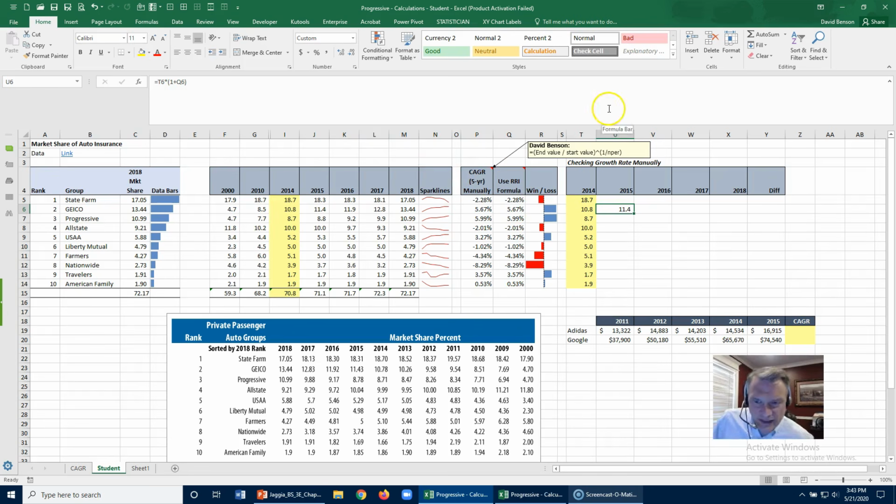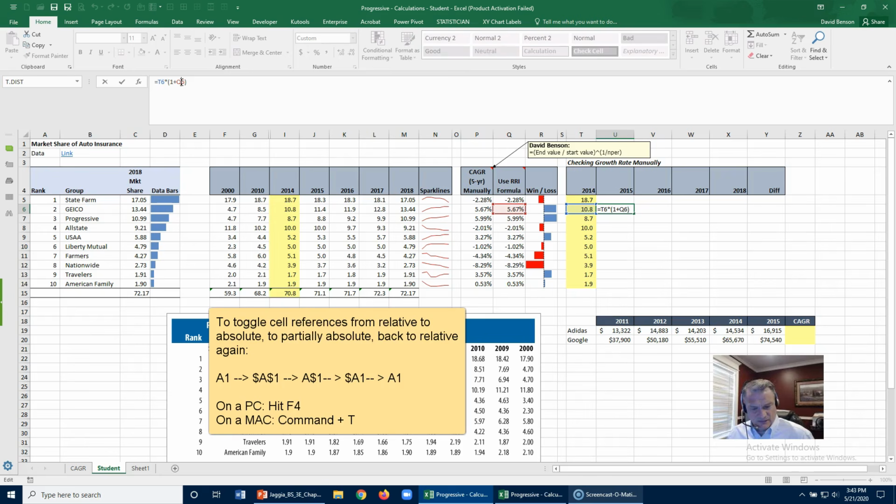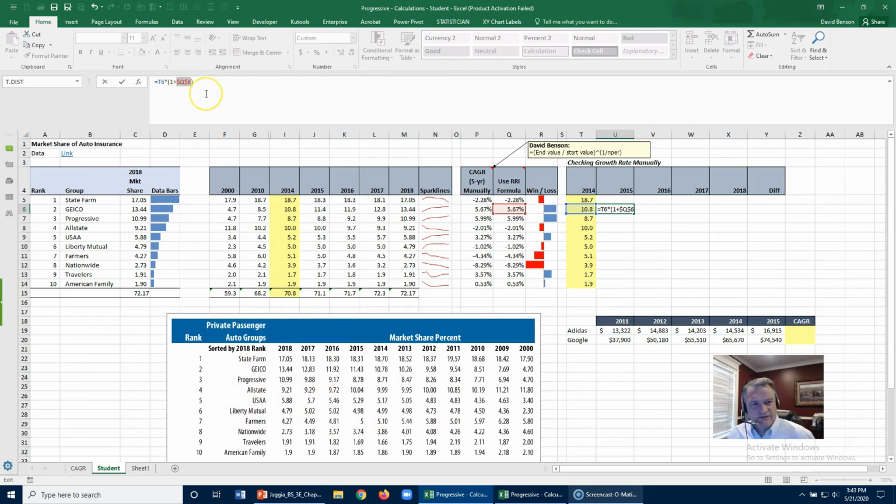Now, I'm going to use this by doing the absolute value, so I'm going to keep hitting F4. I want it to stay in column Q, but I want to be able to move it up and down for each of them, so different rows. So I'm going to have the dollar sign next to Q, and then leave the 6. That way, as I slide this to the right, this one says I'm multiplying 11.4 times 5.67%. This one says I'm multiplying